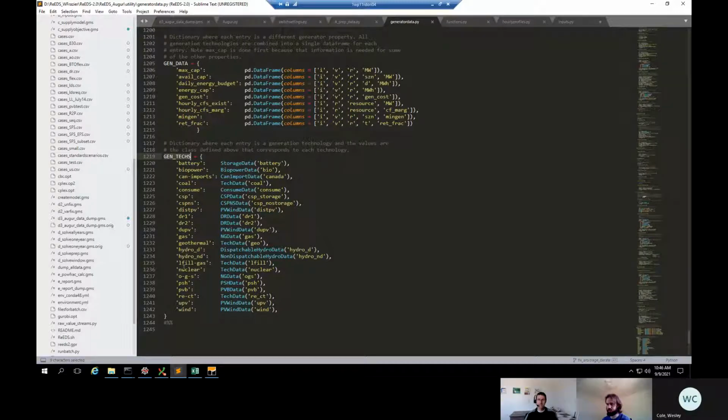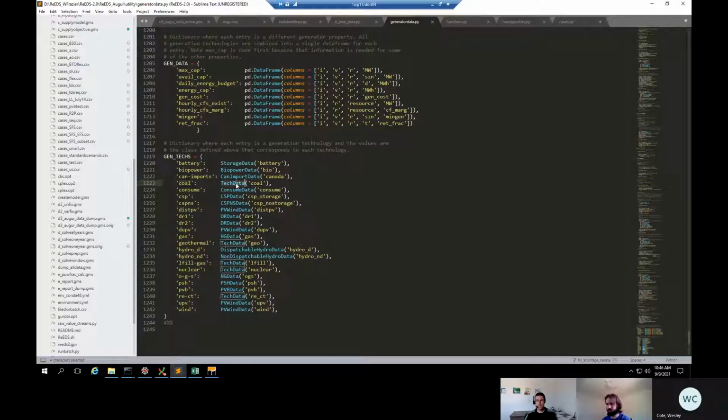Each key is a technology category. And each value is an instance of a class where we're going to have specific ways to handle some of the properties that are included here in this gen data class. So let's look for